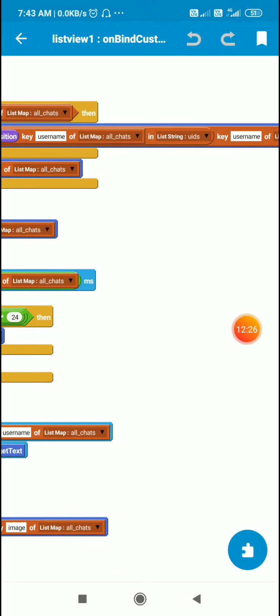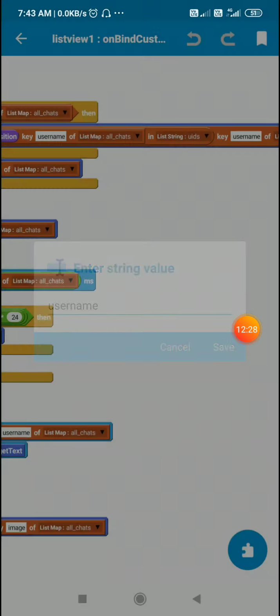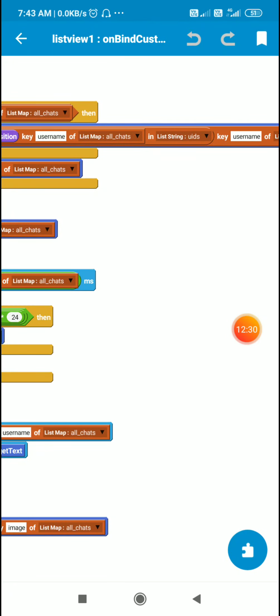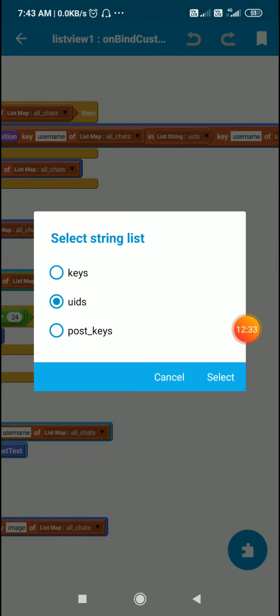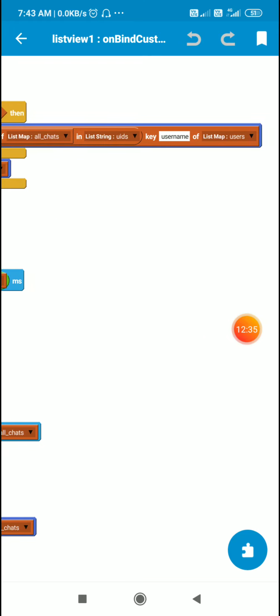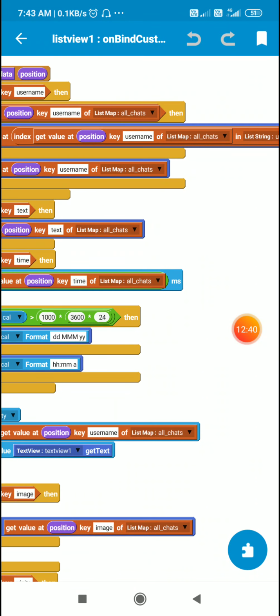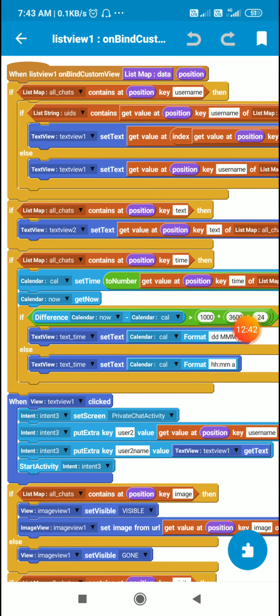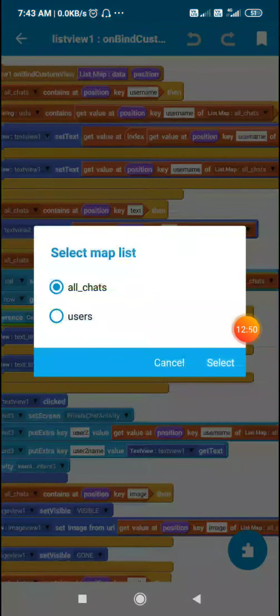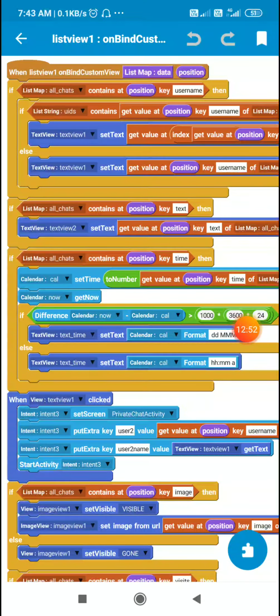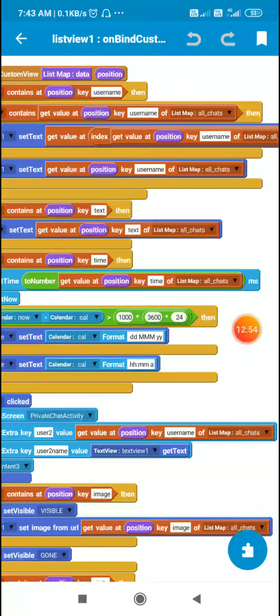So this will get the UID from list map all chats and find it in list of UIDs and get that index of list map users and display it in text view 1. So in this way I display the username. If the UID is not there in this list string UIDs, then I display the UID of the user by directly getting the username from all chats.